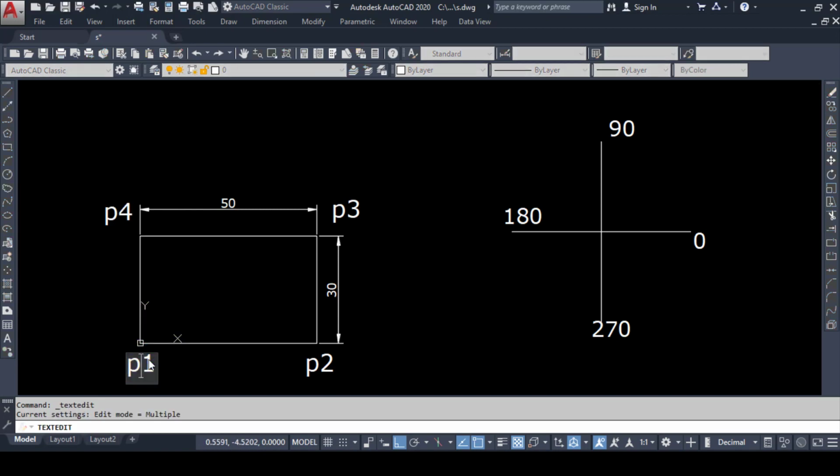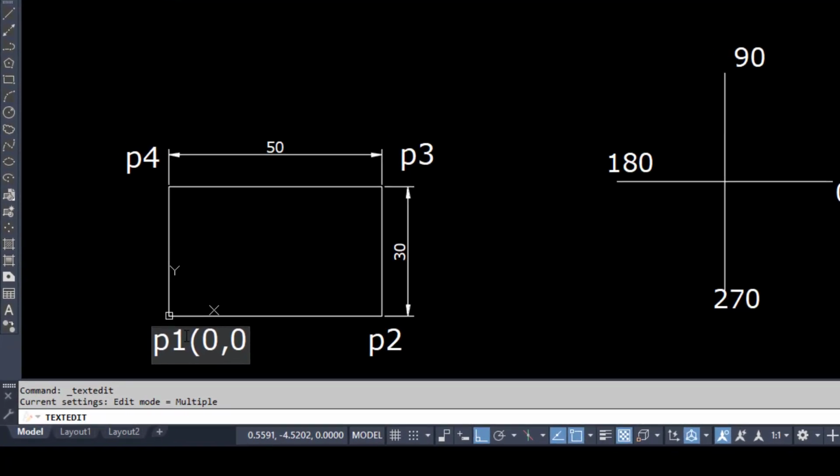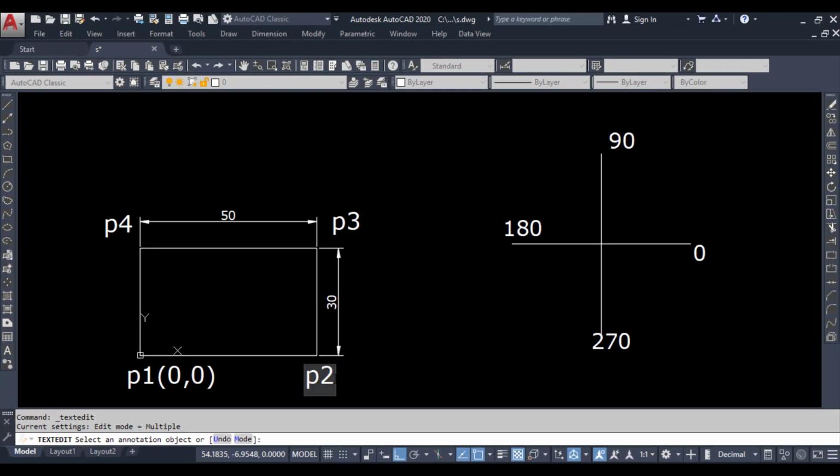So the coordinates of my P1 will be, so I will press L and the first coordinate will be 0, 0 again since I am in the origin. Now in the second case, if I am going for P2, now the formula will be used as shift at the rate distance. Now see the distance we are traveling as 50 in this case in the positive x-axis, so it will be 50 less than. Also you can see on the right side that we are going towards the positive x-axis, so it will be 0 degrees. So it will be shift at the rate 50 less than 0.